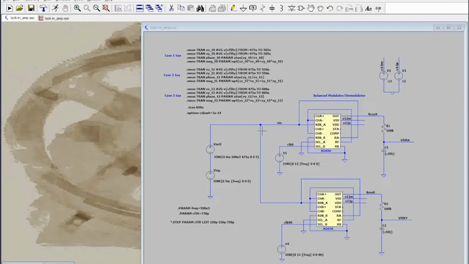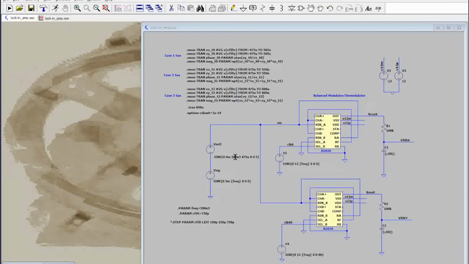The inputs are two clocks. One is clock 0, the in-phase clock, and another clock called clock 90, which is the quadrature phase clock at the signal frequency of interest that you want to recover. The signal itself is the V-sig over here, which is a 5 millivolt signal, 10 millivolts peak to peak. And the frequency is going to be the same as the frequency of the clock. I've also added an interfering signal here, which will be varied to show the effects of interfering with the main signal,